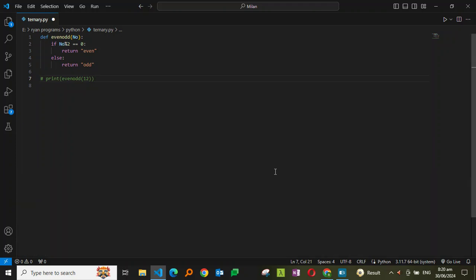Then I'll go down here, and now it's time for the same thing, which does the exact same thing, but in one line. So what we want to do, first we define our function, which we'll define as odd even, and we can use the same parameter because it doesn't matter if you use the same parameter in a different function, so we can do that. And then now we can do return even